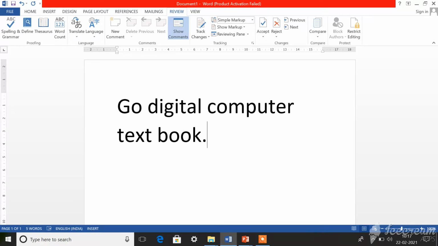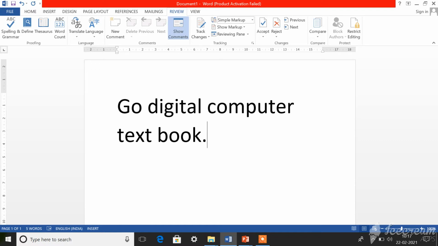Since the document is very big, it is very difficult to find particularly where we committed the mistake. So your Word document allows you to automatically check the spellings of your entire document. That feature is called the spelling and grammar feature.